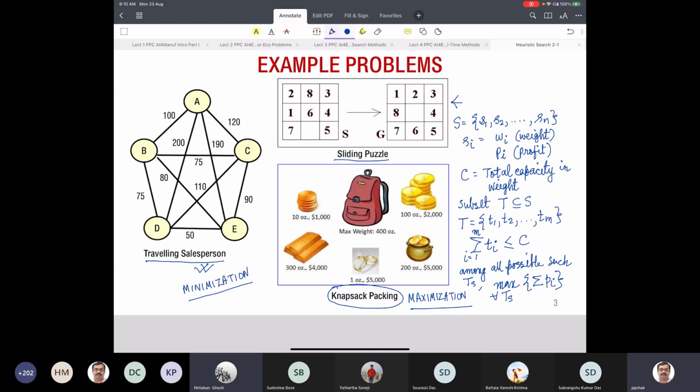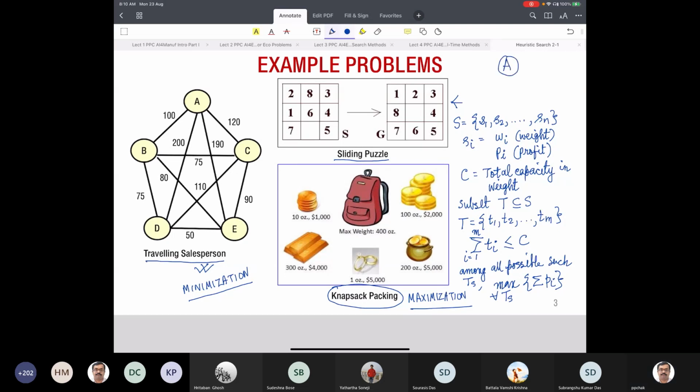You can either take an object or leave an object and always be inside the weight limit. Right. So what would be the state definition? All the objects you have collected up till now. Yes. So all the objects which have been taken up till now, a state is said to be a valid state if the total capacity is less than or equal to C, and given a state